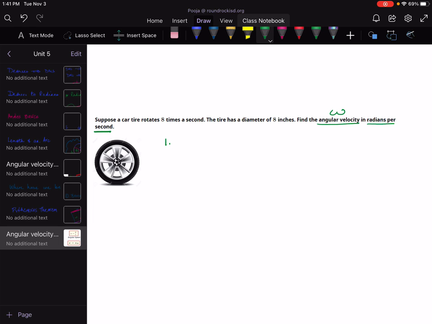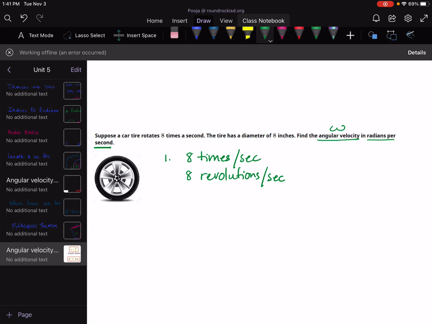The first piece given to me is that this tire rotates 8 times per second. So in every second it goes about 8 times. Now I'm going to convert this to revolutions: 8 revolutions per second. The second piece of information given to me is the diameter. Diameter is 8 inches, and hence I can conclude that the radius is 4 inches. Since they're asking me for angular speed,